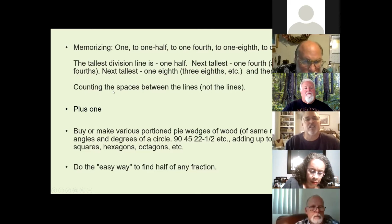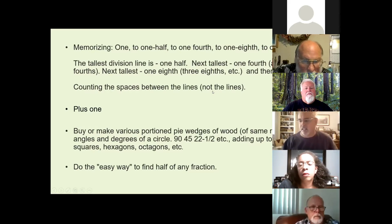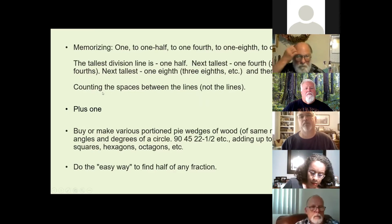And I like this concept of counting the spaces between the lines, not so much the lines. I think students get stuck on counting the lines. And you do have to count the lines, but if you focus on the space between them, it might help them see it easier if they're thinking about the space and the distance, not just the line that they're counting. The +1 is something that I read about,